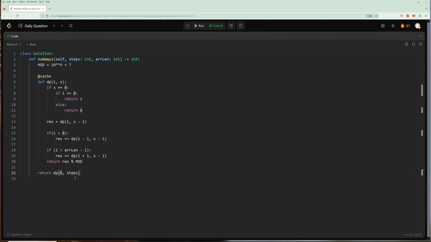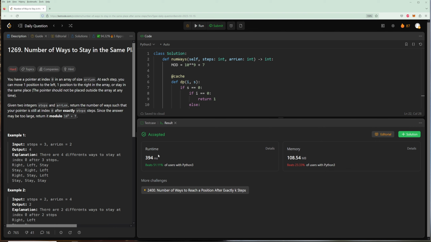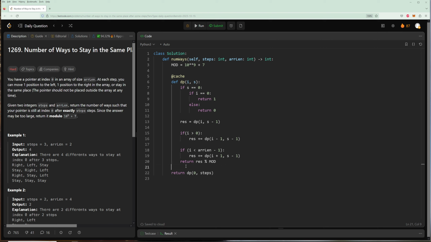So I'll briefly talk about some optimizations. So our time is pretty good. It's about average. But our space could be improved. And so I'll briefly talk about how you could do it, but I'm not going to actually code that up because it's going to be quite long. So essentially, notice once again, when we do our recursive case, our index either goes up 1 or decreases 1 or stays the same. So we only need to store, like if we did this in bottom-up DP, and